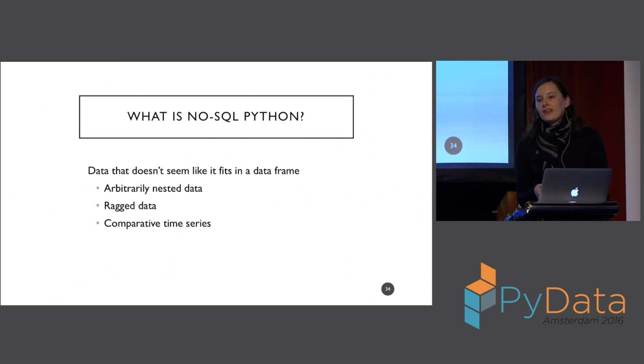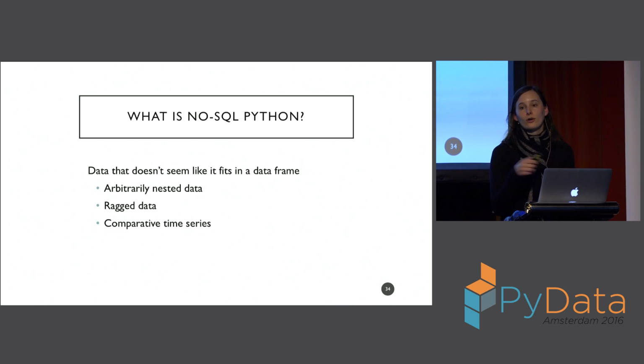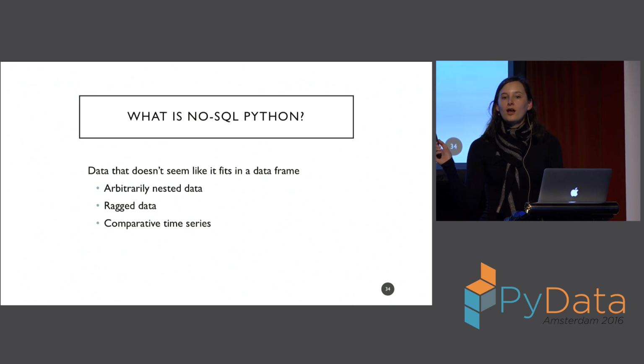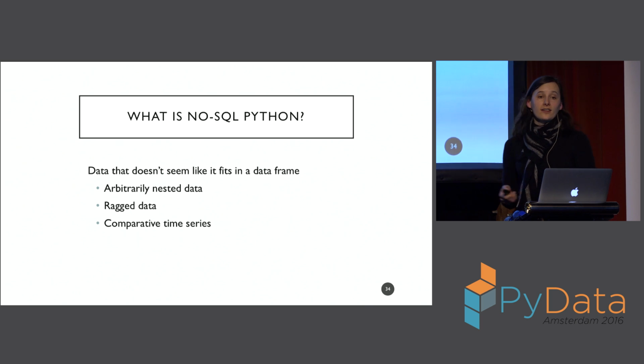Ragged data, similarly like that, I sort of take it or I don't take it. It can be a length of 1 or 0 or 1,500. I just have no idea. But I want to be able to compare against individuals, even if I have different amounts of information about them. And that is related to comparative time series, same idea.